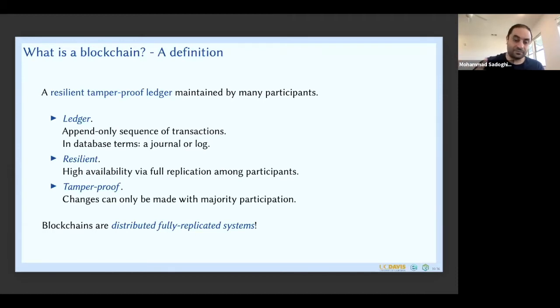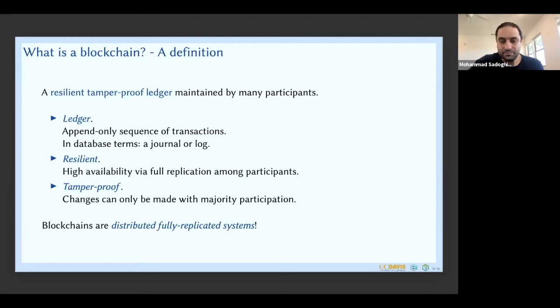Not only does the majority need to agree on what the current state of the log is, what is factual, but if you were to reconstruct and create an alternative version of the world, it would be extremely costly because you need to solve all those puzzles again from scratch. So there's another level of tamper-proofing, another level of resiliency, added in